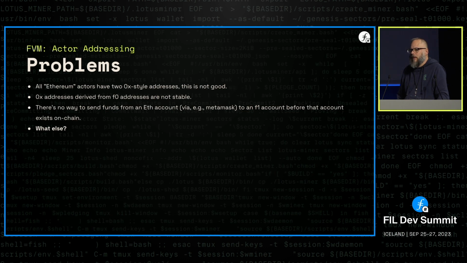Basically, why would I want to assign an F1 address to my EVM actor or my ETH account? So that you could withdraw from, say, Coinbase. They would be happy with an F1 address, because as far as they're concerned, they're just sending to an F1 address. But by the time it gets to the blockchain and hits that F1 address, there's something there that forwards it to the F4 address. Honestly, the only